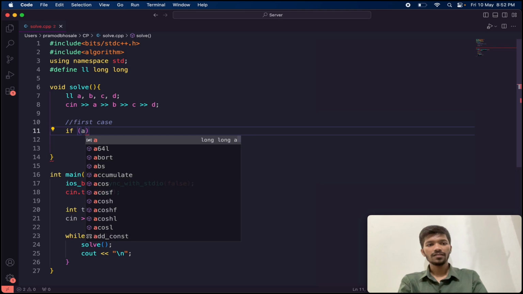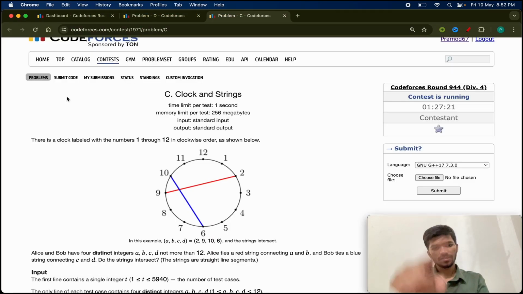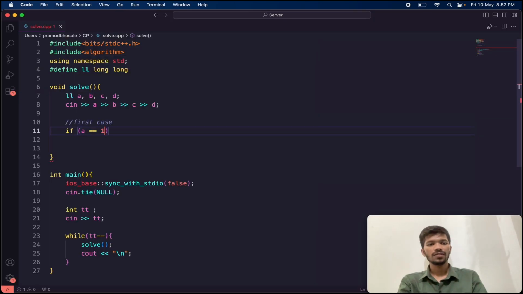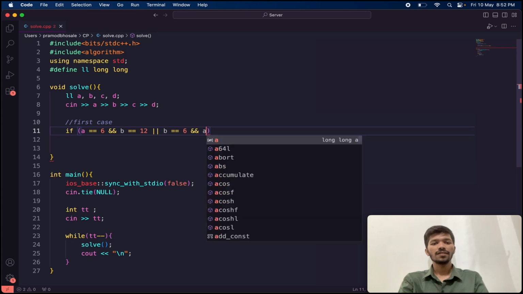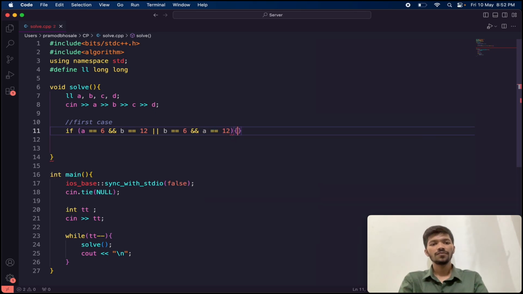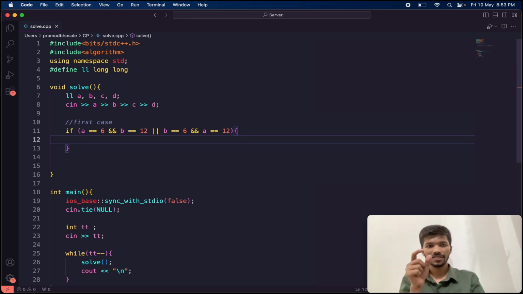If A is equal to 6 and B is equal to 12, or B is equal to 6 and A is equal to 12, then for sure my C and D have to lie to the left part or the right part of the circle. Then what I need to do is, if C is greater than or equal to 7 and D is less than or equal to 11, or